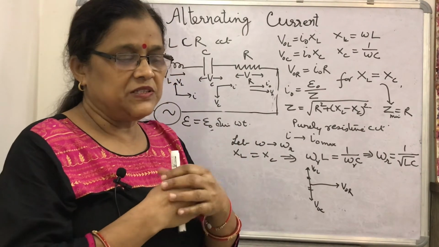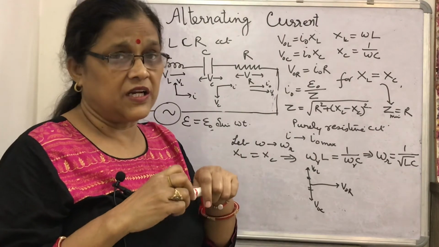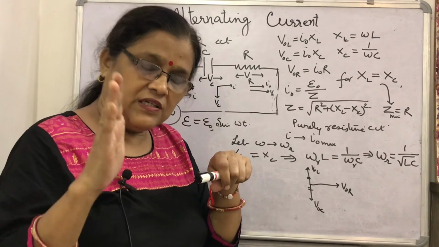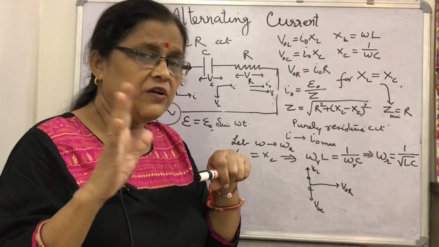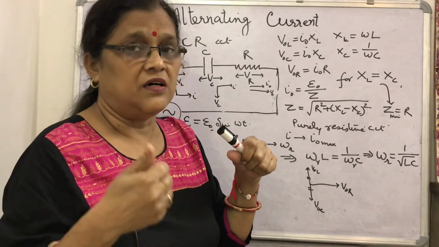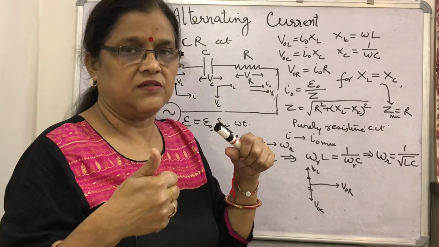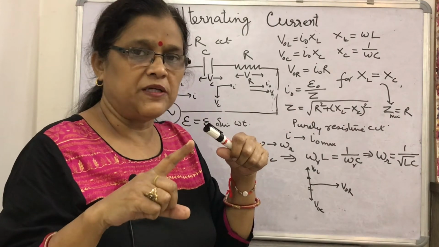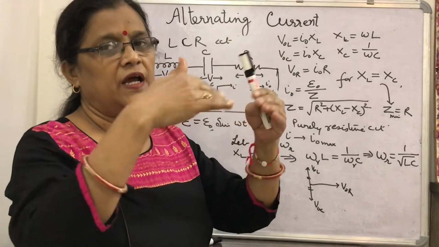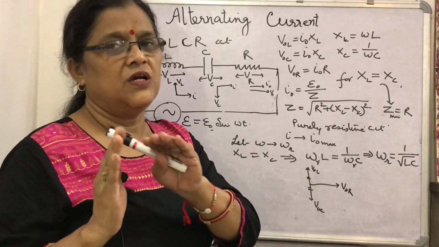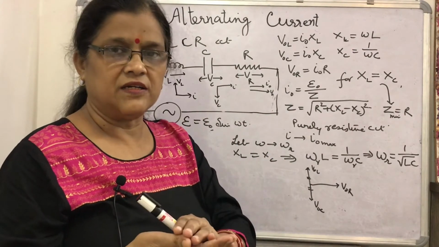That is why we say that for electrical resonance to occur, the presence of L and C is essential. You cannot say that if you take a purely resistive circuit, you will have a resonant circuit. So, in a series LCR circuit, electrical resonance takes place when the voltages across the coil and capacitor are equal and opposite, and all the applied voltage appears across R.